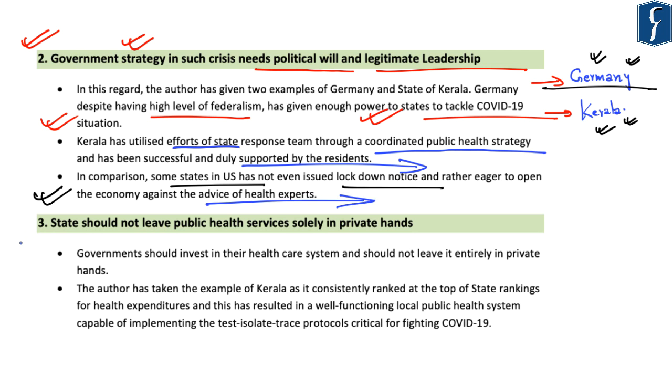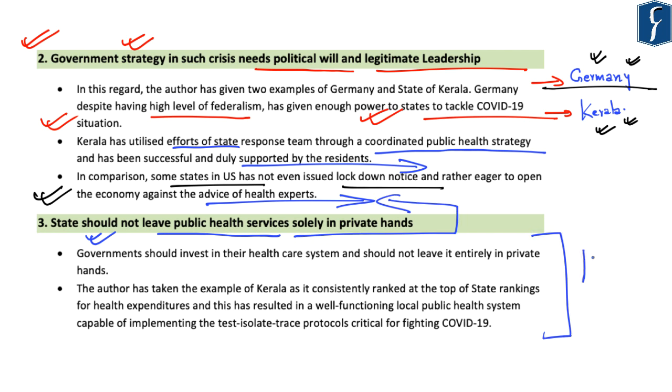And the third aspect highlighted by the author is that states or governments should not leave public health services entirely or solely in private hands. And here again the author has provided the example of state of Kerala. The author highlights that the government should invest in their healthcare system and should not leave it entirely in private hands. Now with respect to Kerala, the author has said that Kerala has consistently ranked at the top of states